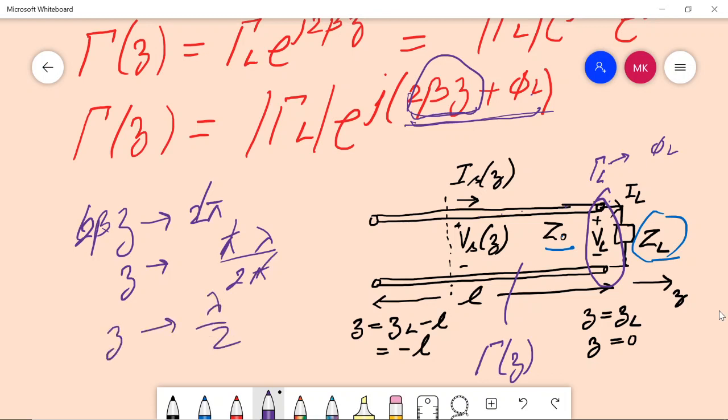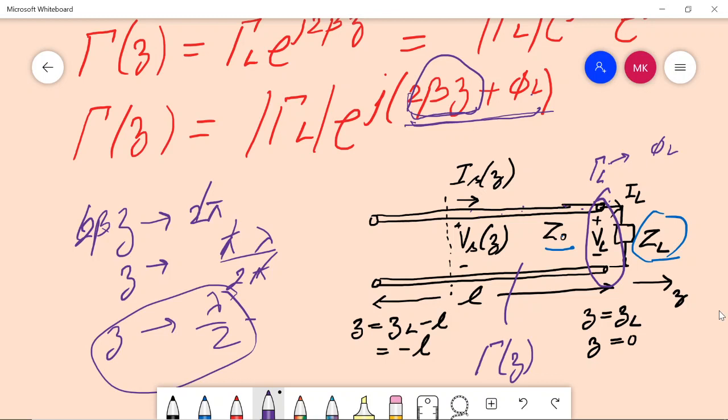So when you move by lambda by 2 distance on this line, for example, lambda is 1 centimeter, if you move by half centimeter, again you will get the same phase. So you will have the same phase if moved by lambda by 2. So at half wavelength, this will be repeated. Whatever you have gamma L, at the half wavelength, you will have the same gamma L. And second, then full lambda, you will have the same gamma L. And at 3 lambda by 2, you will get the same. So it will be repeated. So the phase will be repeated after this distance lambda by 2.